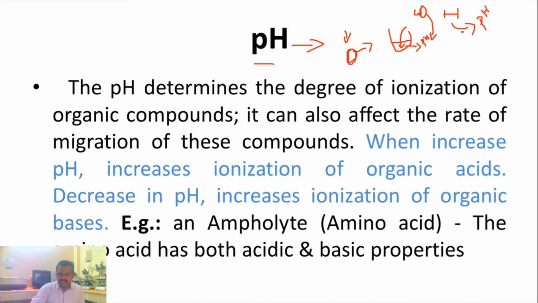Even in our system, nearly 72% of our body consists of water. So all kinds of molecules are there in the water also. Our pH of the blood is exactly 7.4. Just imagine, our pH of the blood is exactly 7.4.